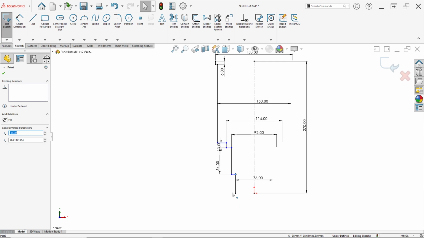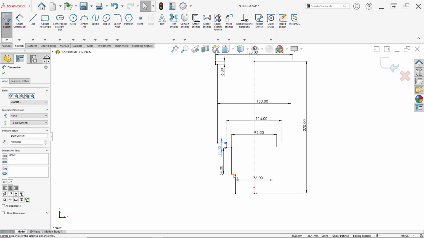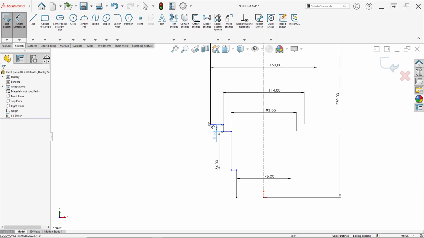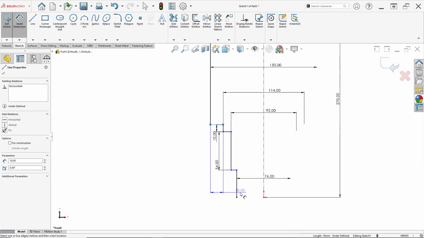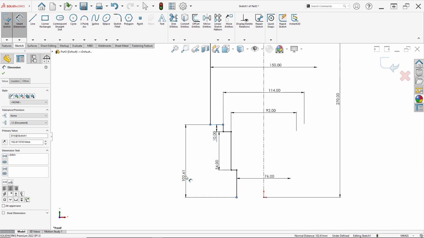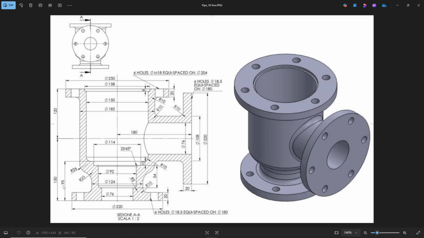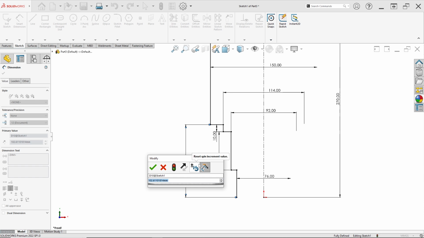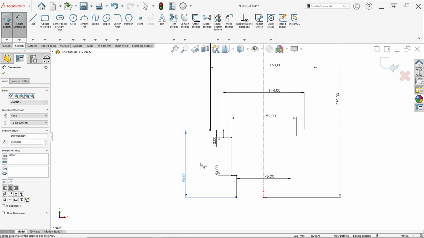We can drag this point like this, and the distance from this line to the bottom of this point is 95 millimeter like this.